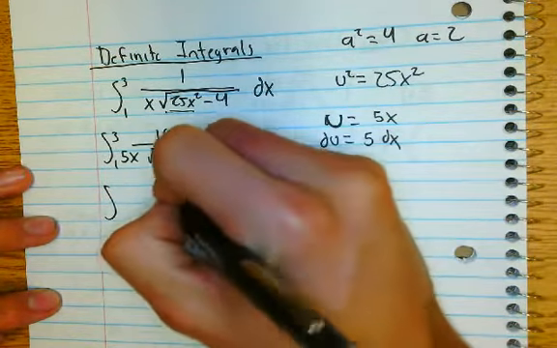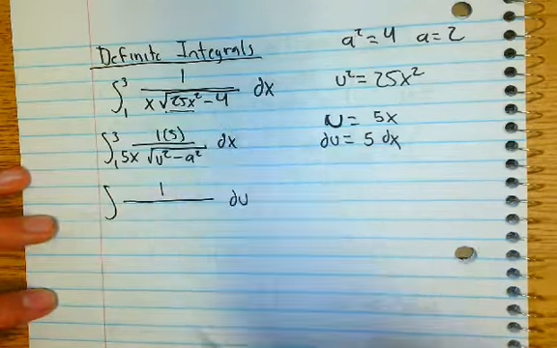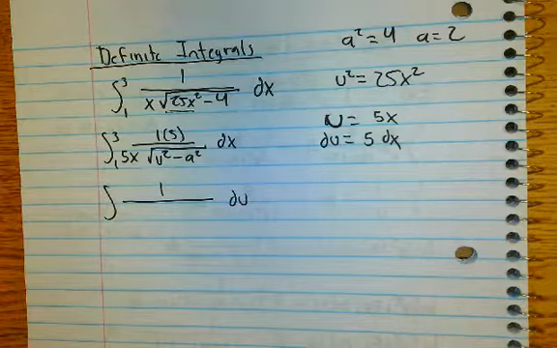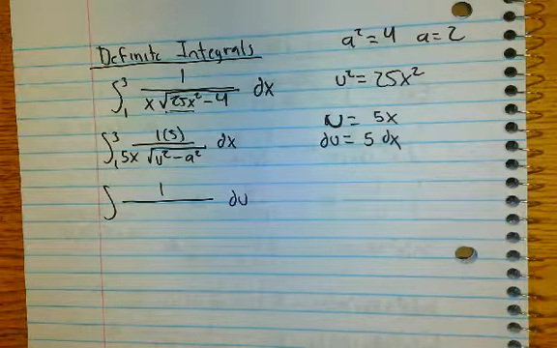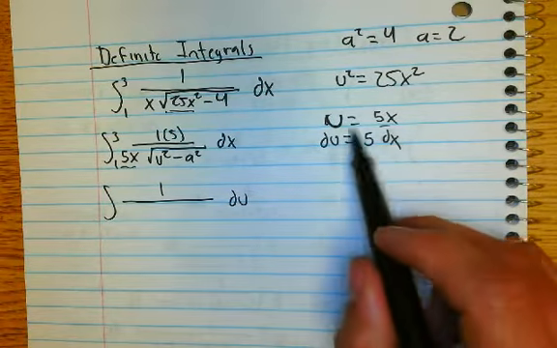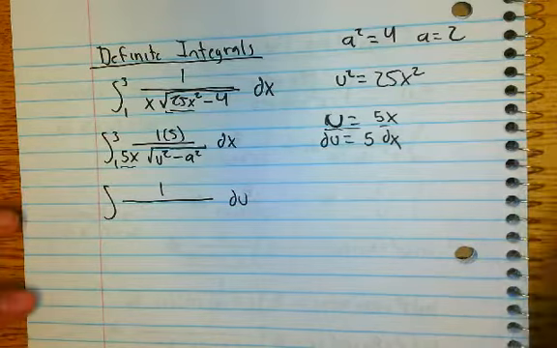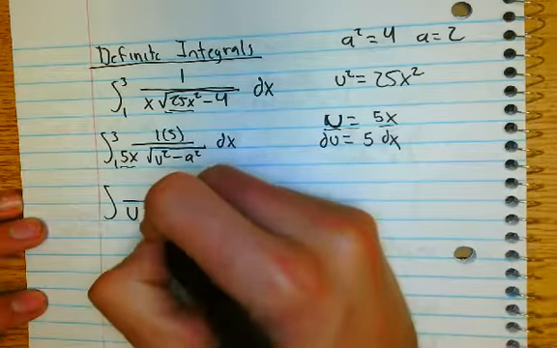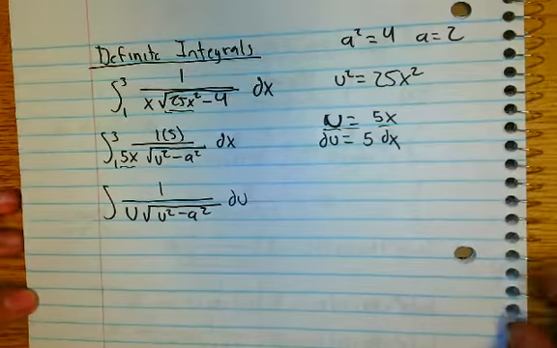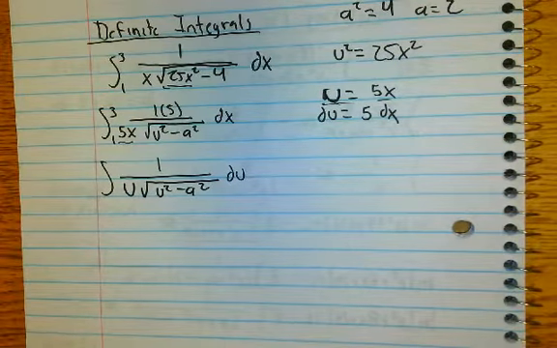And more importantly, I recognize that this 5x will be u. So I'm actually very satisfied with the decision, because now I have been able to turn everything into terms of u. So now, oh, I'm sorry, don't forget that we were going from 1 to 3. Now I can use that rule that says